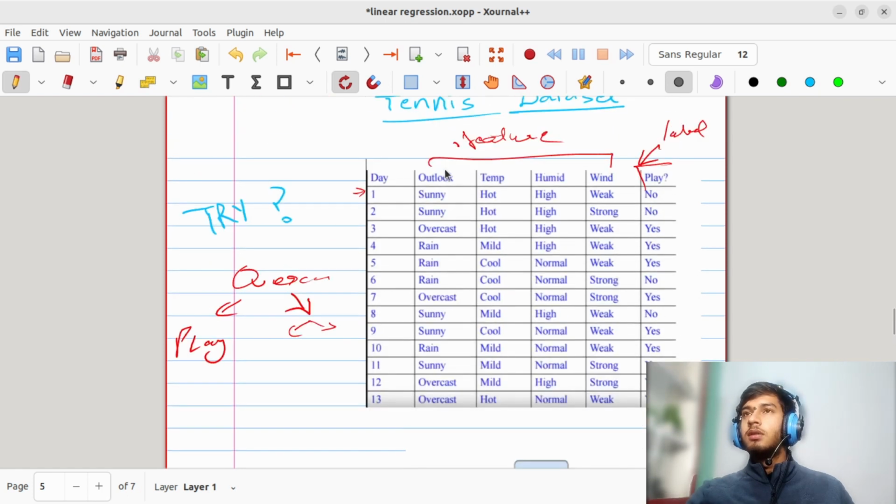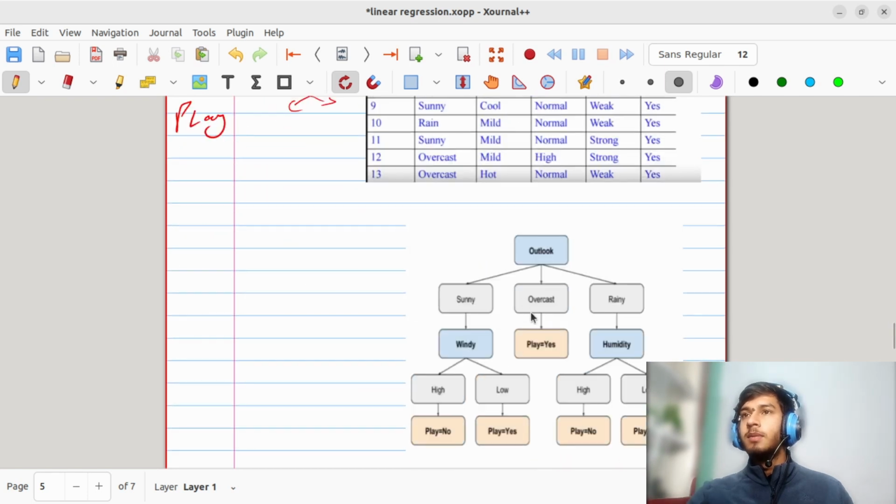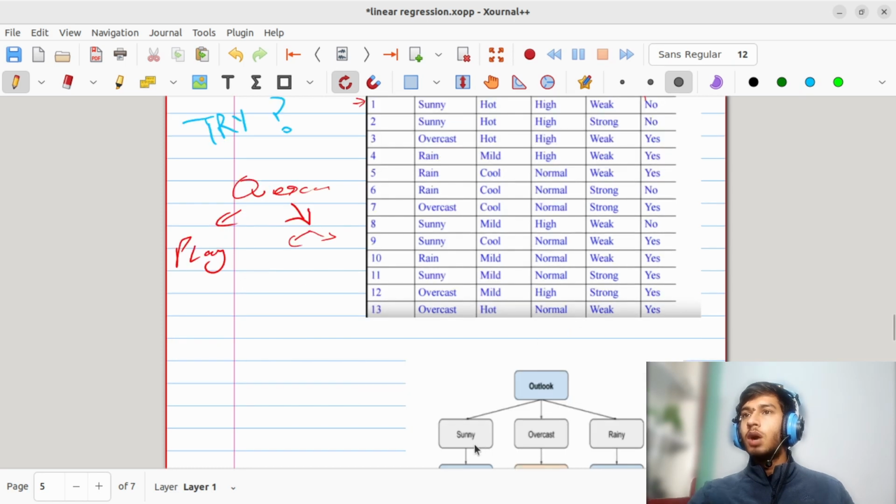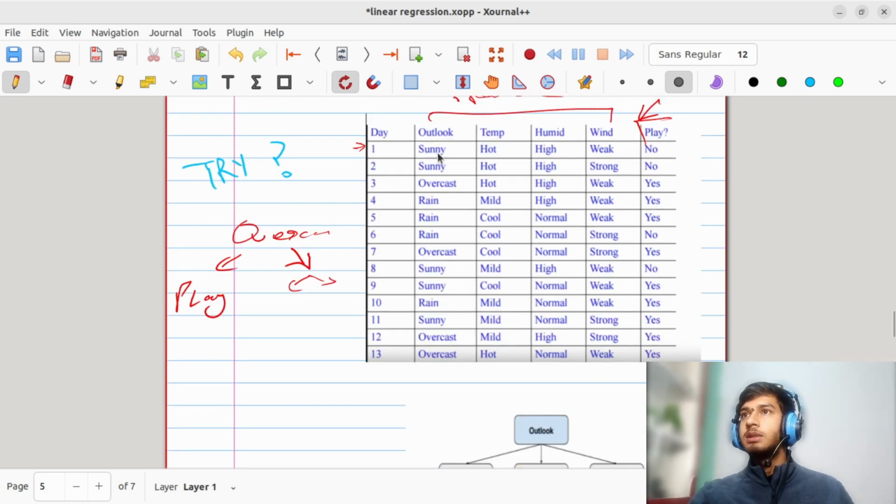If the value of outlook is not overcast, for example it is sunny, it will now check for windy directly. It will not check for temperature, it will not check for humidity, it will directly check for wind. If the outlook is sunny, suppose, here sunny, it checks